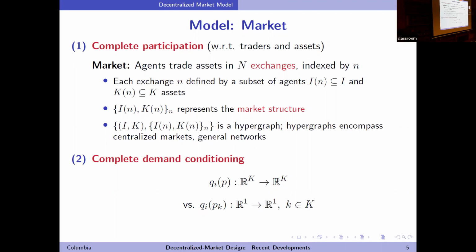Okay, so by relaxing each of these assumptions separately, we can identify different decentralized market effects that have no centralized market counterparts. That's the idea here. So we can do it in a systematic way. Of course, the markets in practice are somewhere in between, but we're trying to identify decentralized market effects that do not appear in equilibrium in centralized market models.